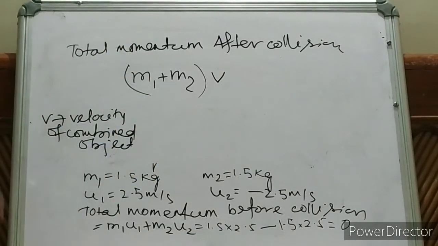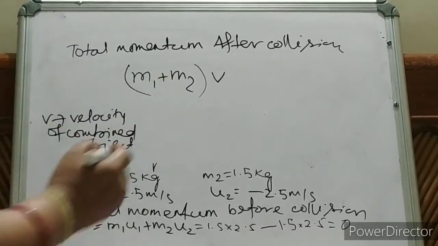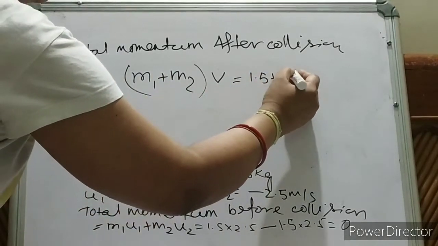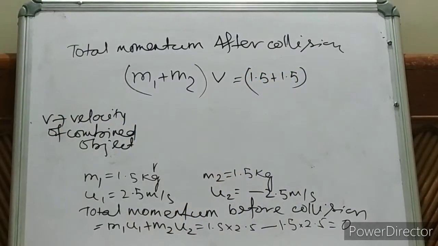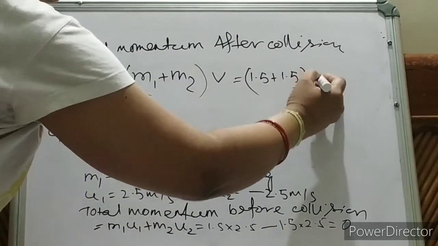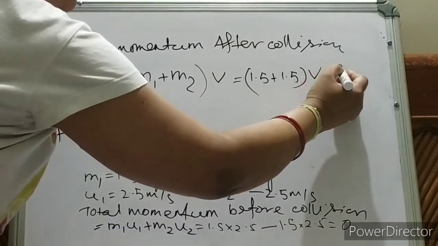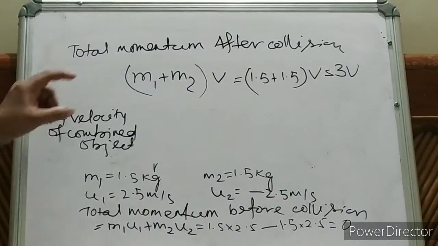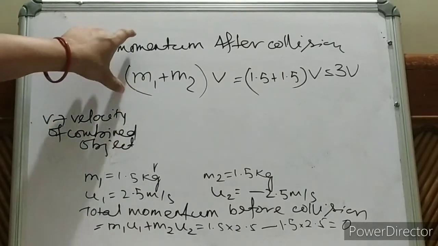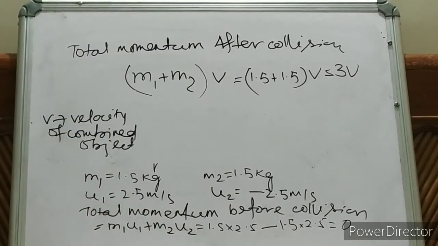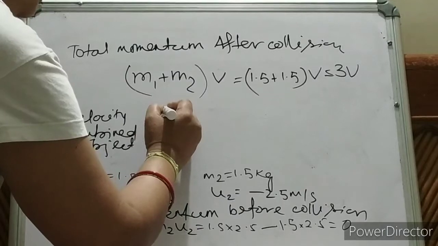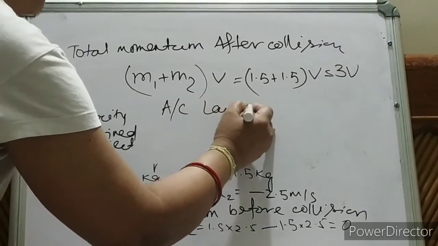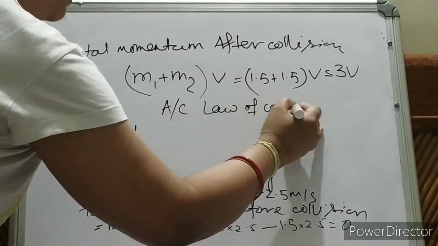So what is this now? M1 you know, M2 you know. So this is equal to 1.5 plus 1.5. But we don't know v, so let it be like this. So it will be 3v. But as per the law of conservation of momentum, we know total momentum after collision will be equal to total momentum before collision. So according to the law of conservation of momentum,